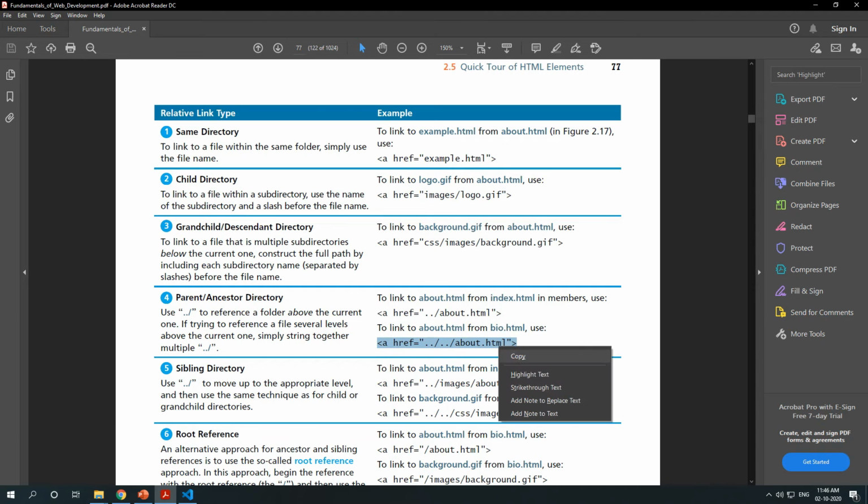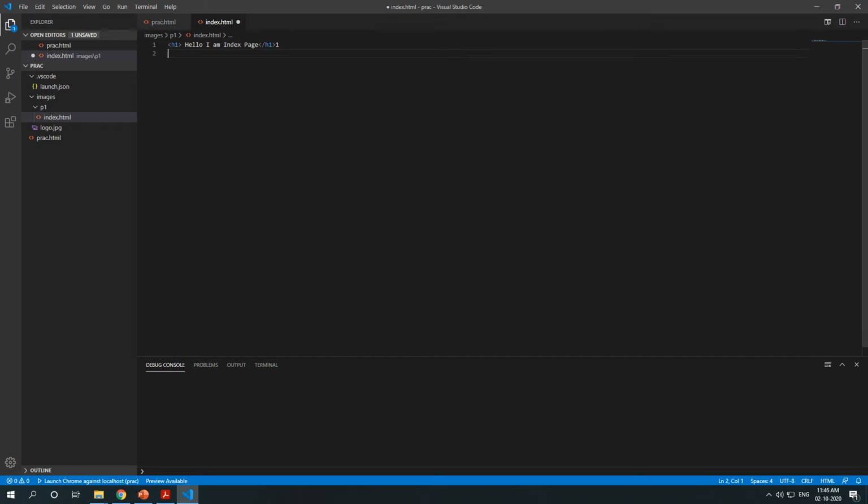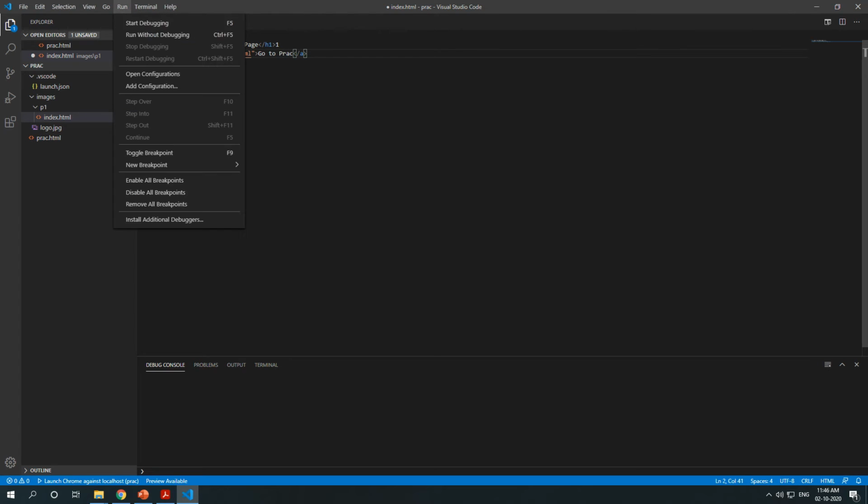So we are editing the index.html file, and we need to refer to prac.html. So here we will write go to prac, the prac file. Okay, let me run this.